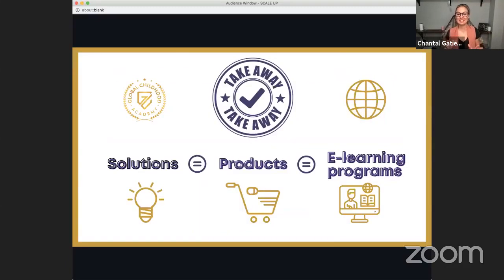This slide represents everything that we're doing. It represents what you already have, the knowledge and skills that you already have. We have solutions, right? To describe your e-learning programs, we refer to them as your products, which are essentially your solutions to a particular challenge or problem. We will be using these words interchangeably throughout the rest of the webinar.